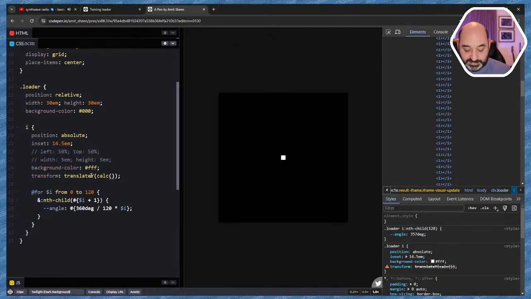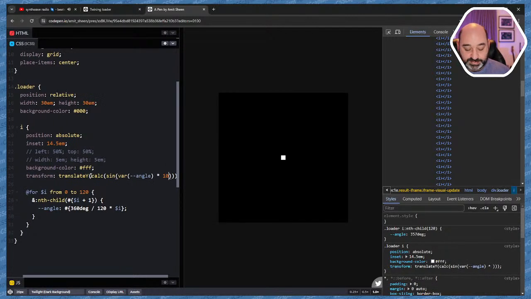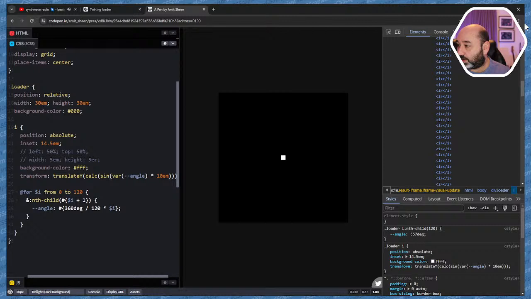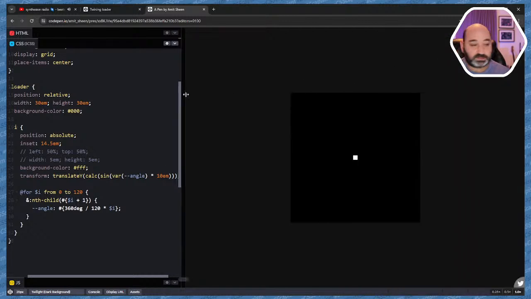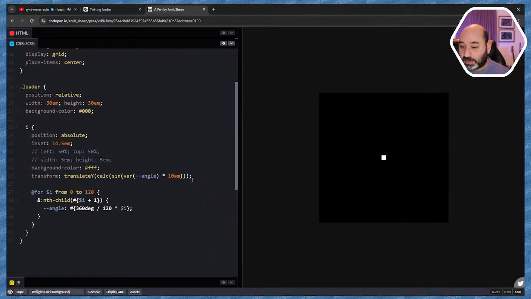The y is the sin of the angle multiplied by the radius. So let's say the radius is 10em, for example. We can close this, right? And what have I forgotten? calc(sin(var(--angle)) times